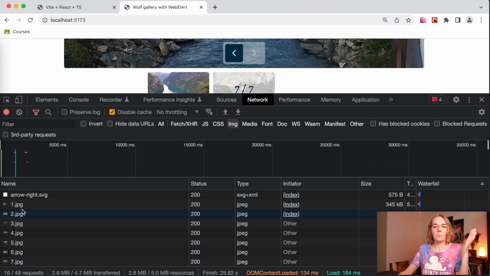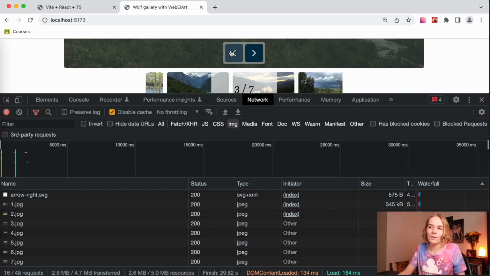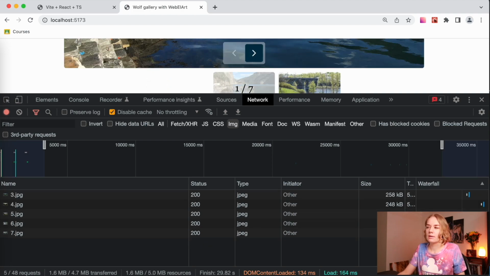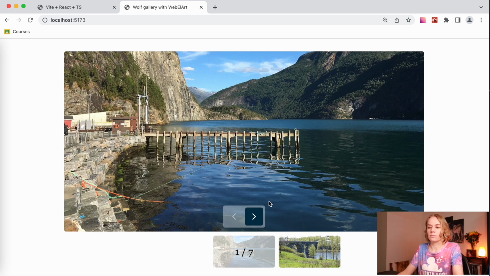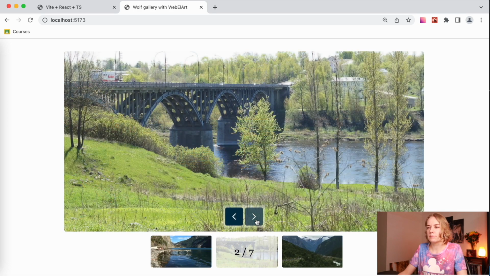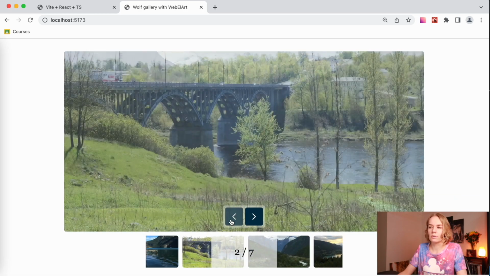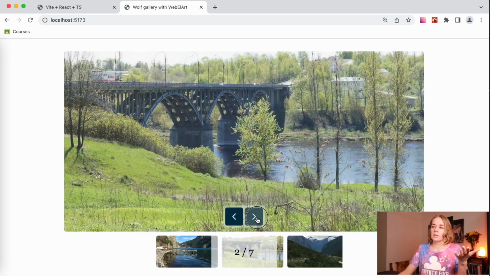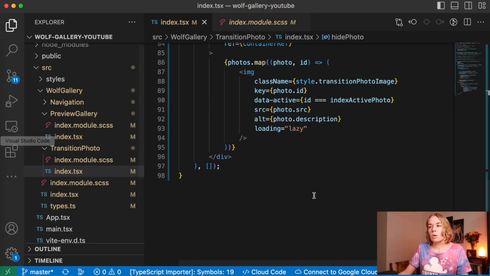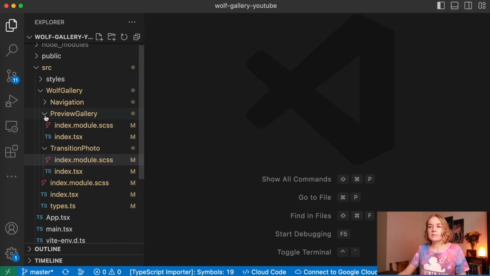If we have uploaded all photos, we don't upload anymore when we go back, and our animation is quite cool. I reload. If I, for example, try to click fast, look, it works quite good. And yes, so our gallery is finished, it's ready,